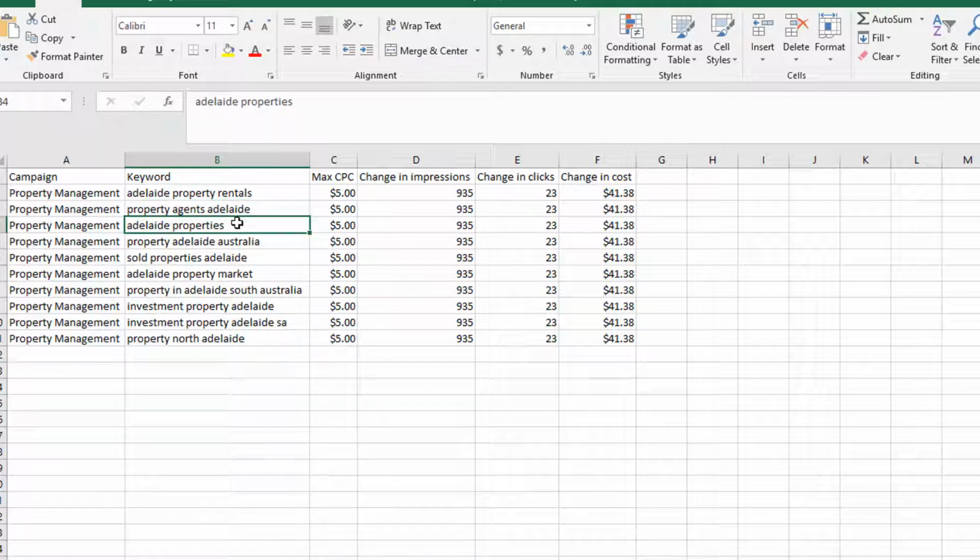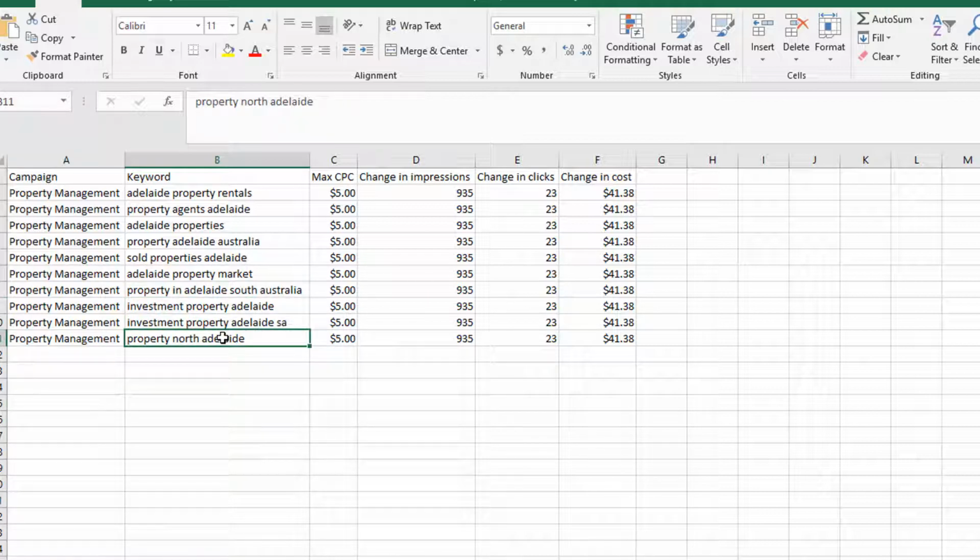Adelaide properties is so broad that who knows what someone's clicking on. Are they looking to buy? Are they looking to sell? Are they looking for ideas for cool houses in Adelaide, etc.? Sold properties in Adelaide, that's of no use to someone who runs a property management service. Once again, these things are more probably related to someone looking to perhaps buy an investment property, and this one's